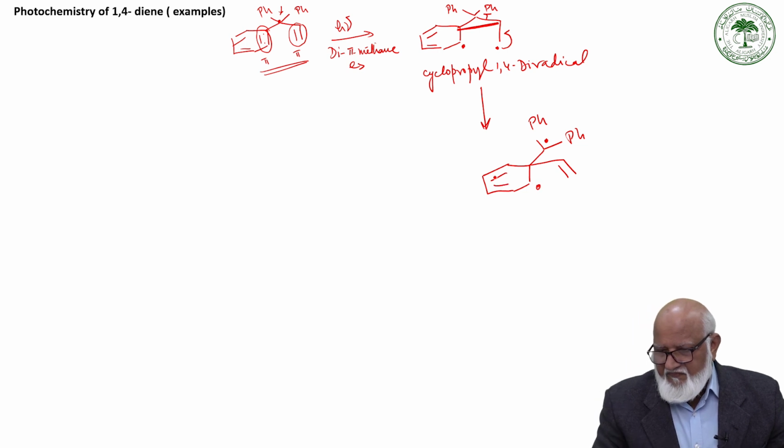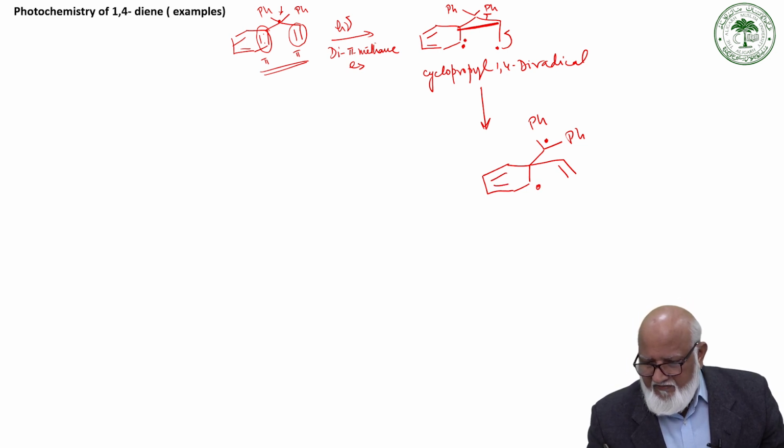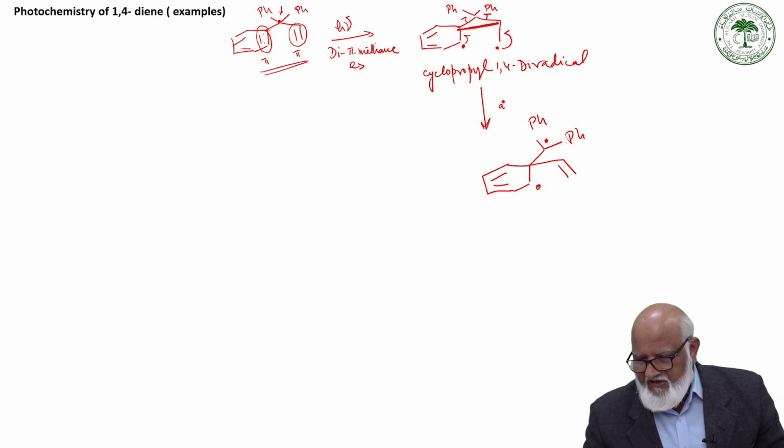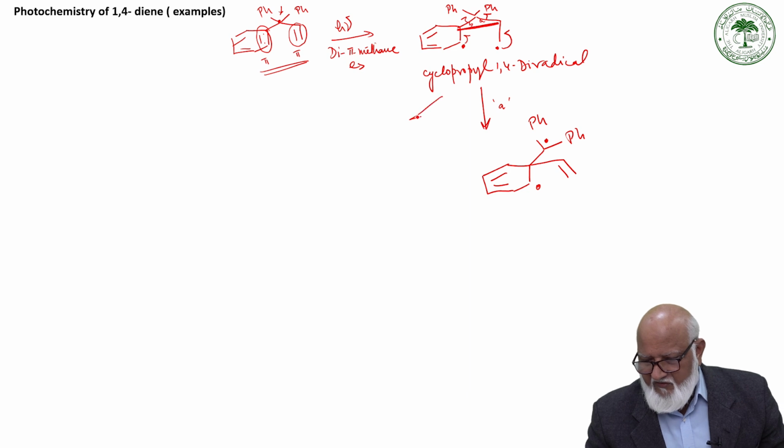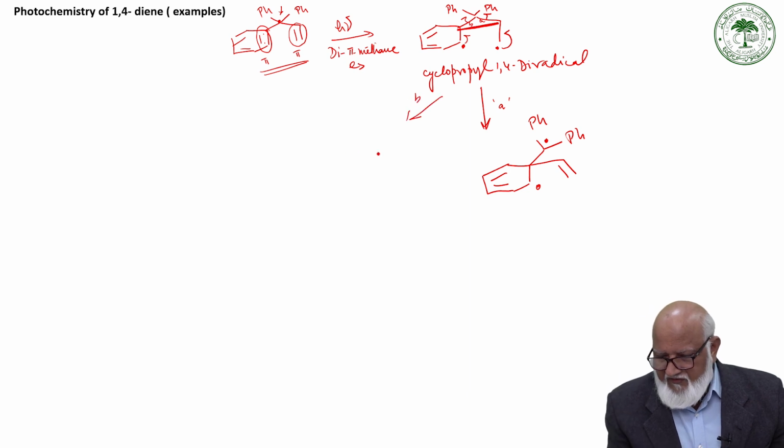And then if we make a double bond here, this will open up. So this is, say, bond A, the cleavage of bond A, and this, say for example, is bond B. So via the cleavage of B, we end up with